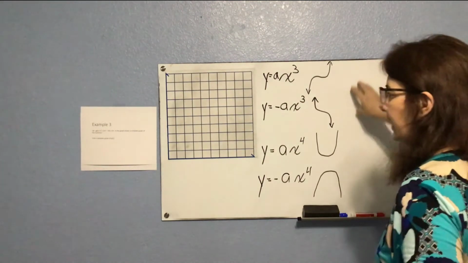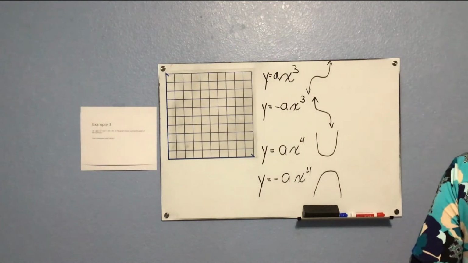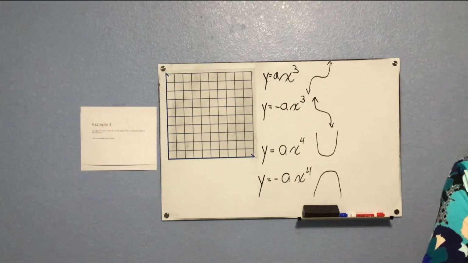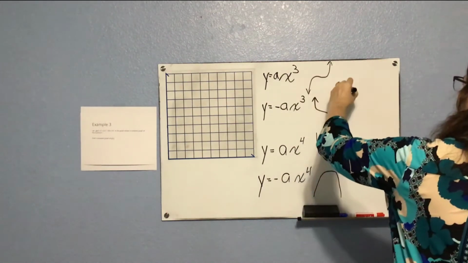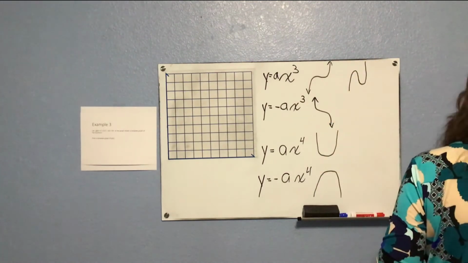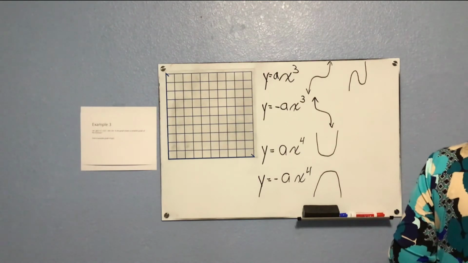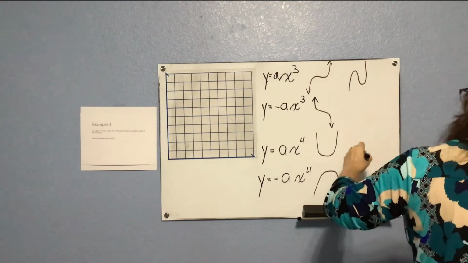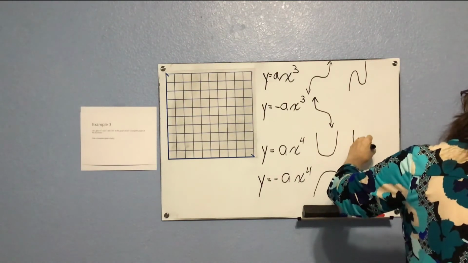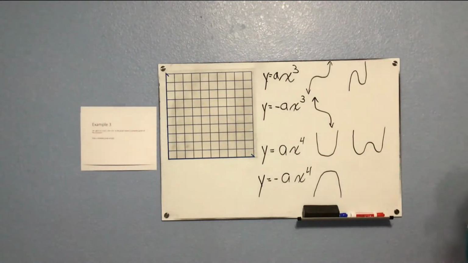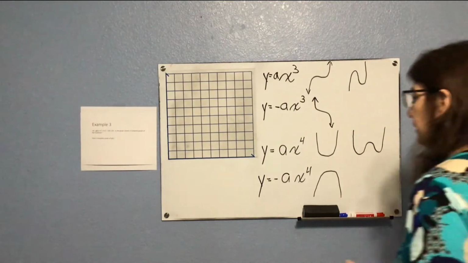Okay, and these are not absolutely all the shapes. There can be some variation. This 3rd degree graph could have much sharper turns, and they might not look real even. A 4th degree graph could look a little bit more like a W and have better defined peaks and valleys. And as the degrees go up,